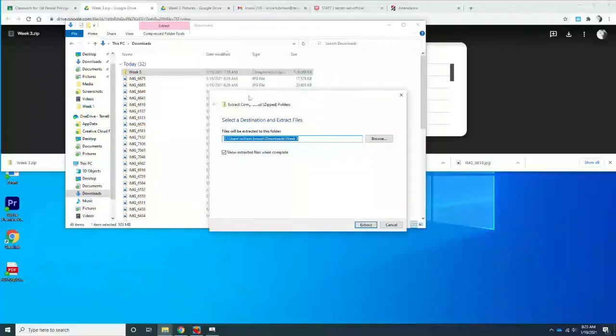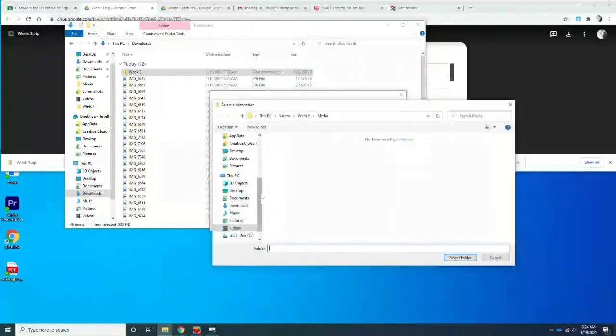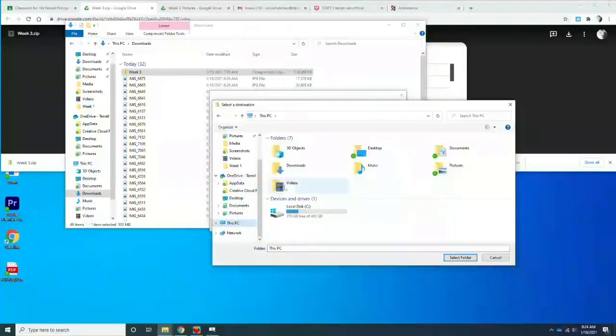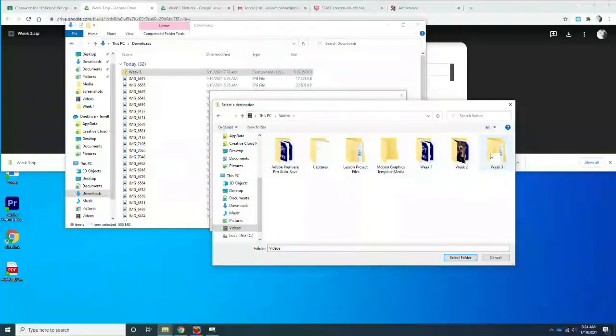And it brings up this window. It says these files will be extracted to this folder. So this is not the folder I want. So I'm going to go to browse, and I'm going to put these in the right folder. So I'm going to double click on this PC, videos, week 3, and I want to put all these pictures